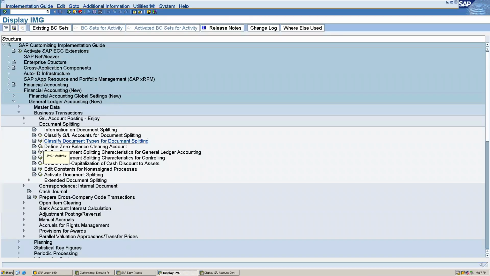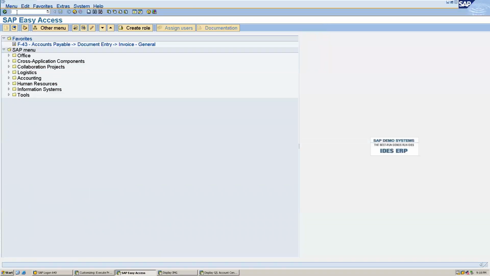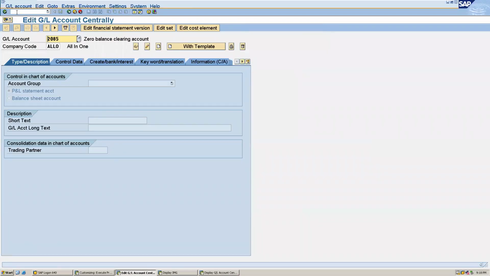So next is Define Zero Balance Clearing Account. With the help of the zero balance clearing account only, the line item will be split. The first thing, we have to create a GL account for zero balance clearing. So let's go to FS00. Okay, here we have to maintain a zero balance clearing account. Let me give 2080.